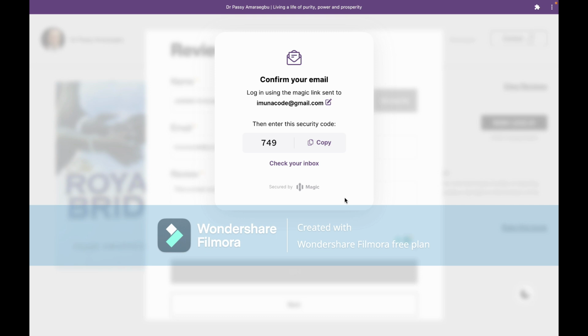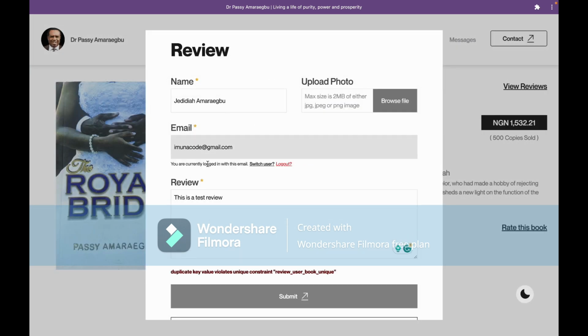And then the code shows up, and then I enter the code on my phone, 749. And yes, I'm logged in.